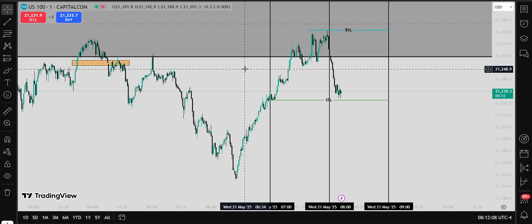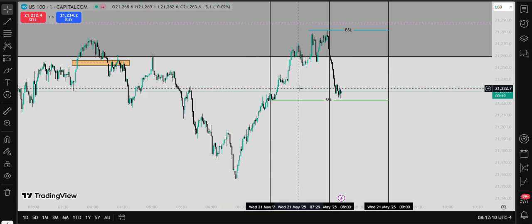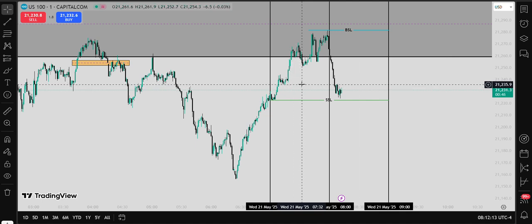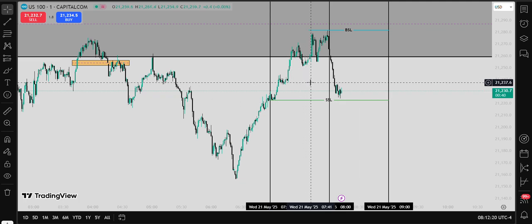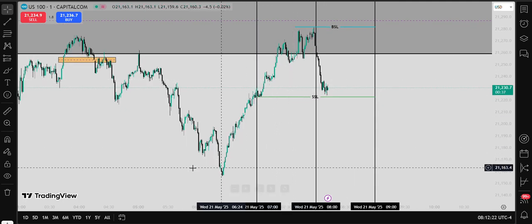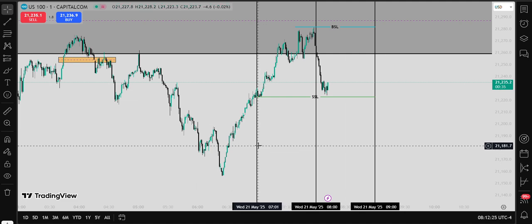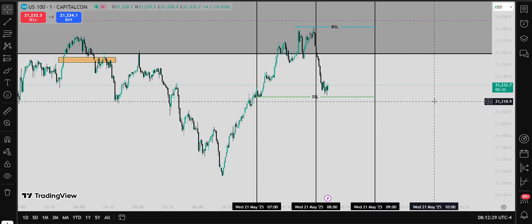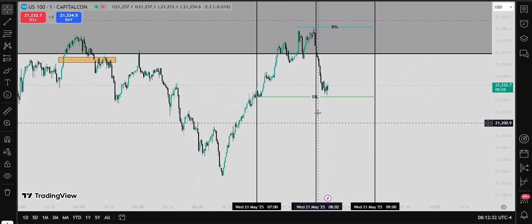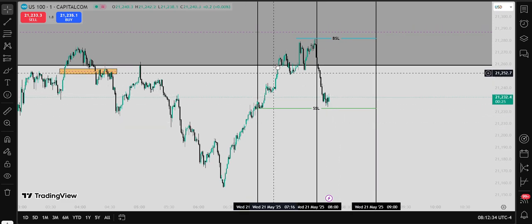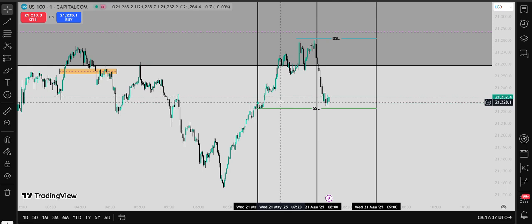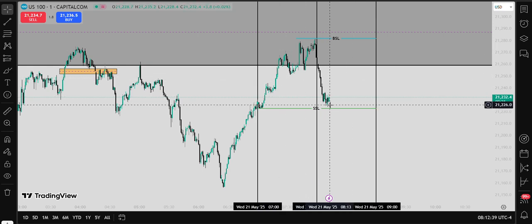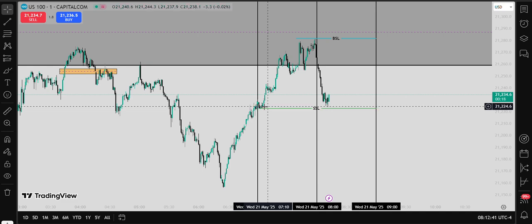Welcome everybody. This is another live backtesting of NASDAQ 100 continuous contract, and I'm currently just doing what I always do. At 7 I have a vertical line, at 8, at 9 I have not yet added the rest, but I will after I see how these two liquidities are going to be taken. I'm waiting for one to be taken, which is this one,